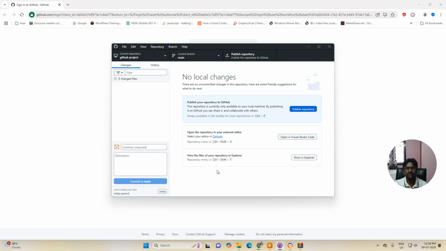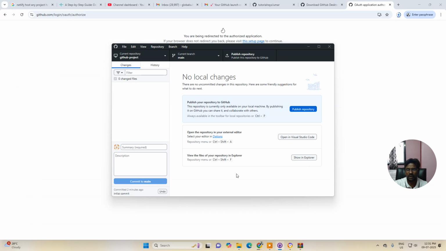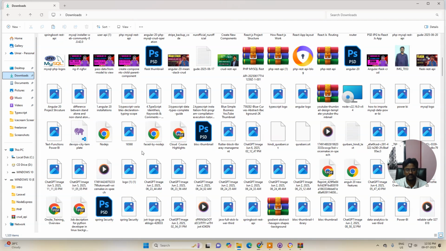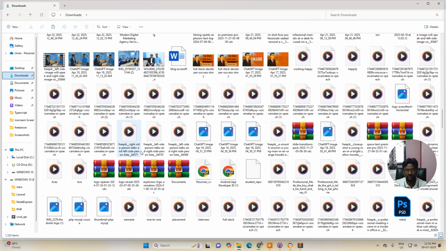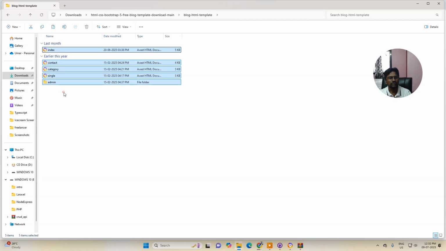Alright, now what we need to do, if you go to this folder, if you want to see where that folder has been created, you can see directly it will be taken to here. So we don't have any file in this. What I will do, let's go to here, and in the bottom we had created that folder, no? So let's go here and then copy all the content. Okay, and now let's keep inside that folder